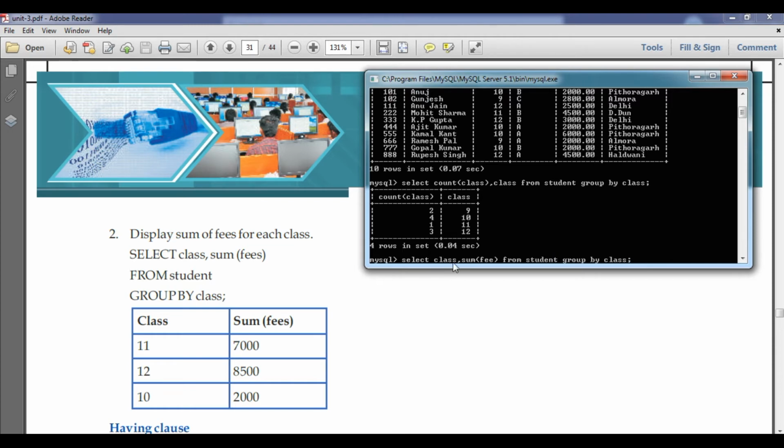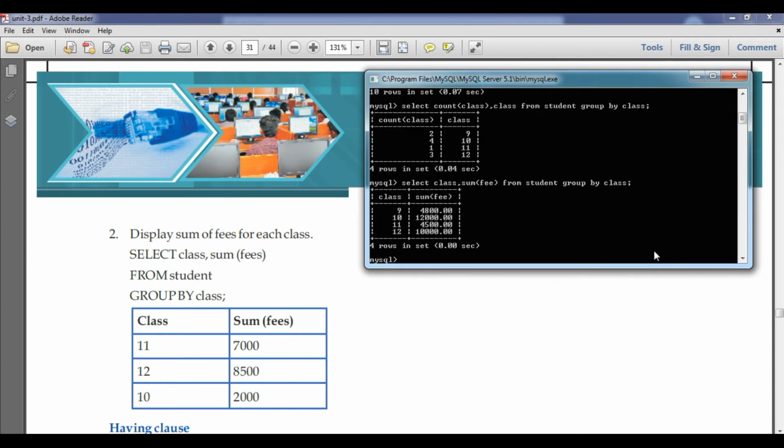Now you can see select class, comma, it will show you the class and the fee, which will be the sum. What is the total fee of the 11th class, like this: from student group by class. So I'm going to press enter. Now you can see in 9th 4800, in 10th 12,000, in 11th 4500, in 12th 10,000. So like this we can see the group by command.